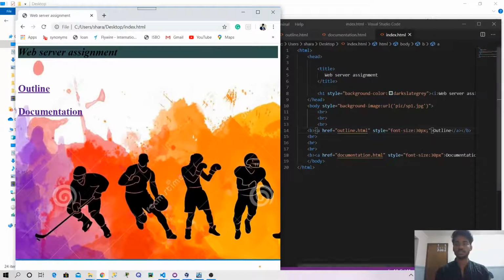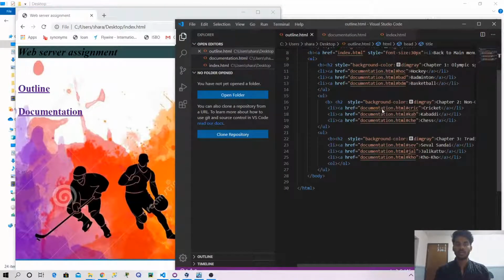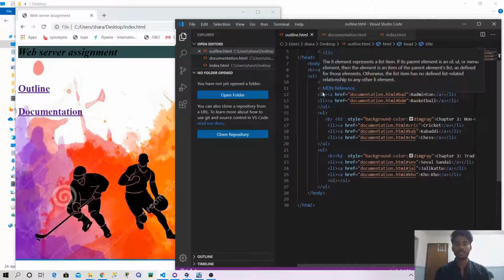The image is this sp1 which I stored in PIC. And I gave a font size to the text outline, that is 30px. So you can see the size here. For the same documentation I gave 30px. So if we go to outline, you can see